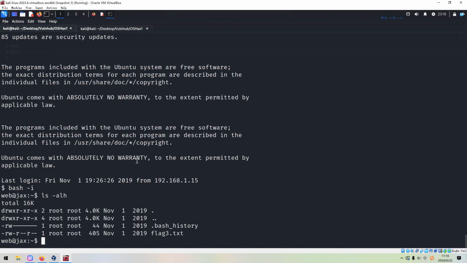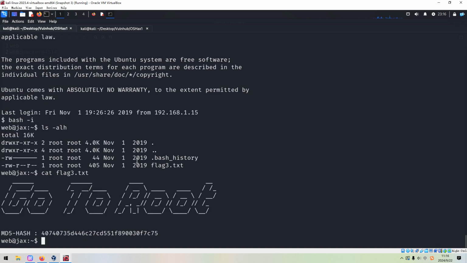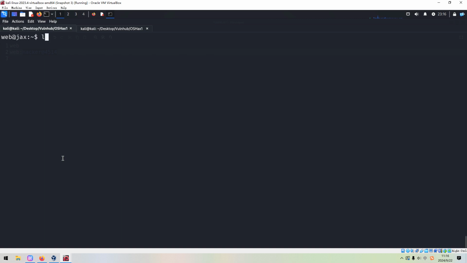Okay, and we can get the third flag. Of course, at this moment we do not have permission to read the bash history because this file is owned by the root user. We can go to the home directory.